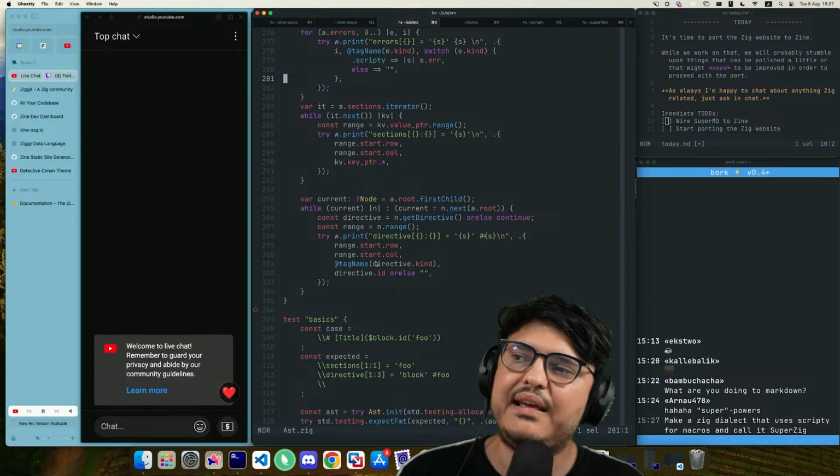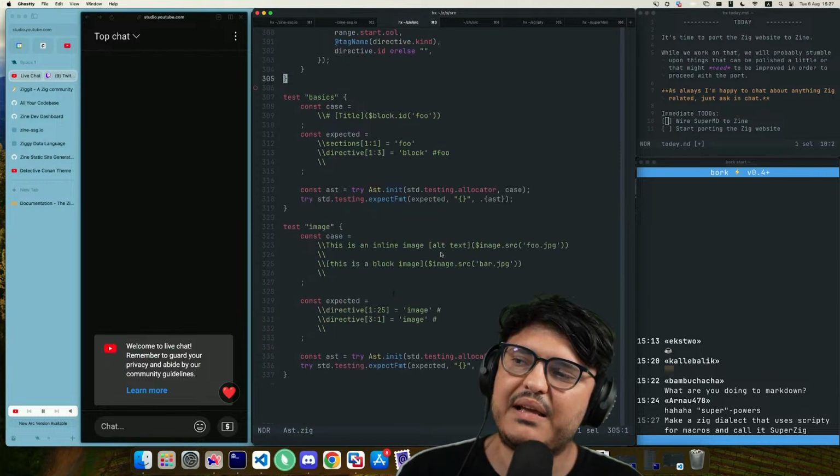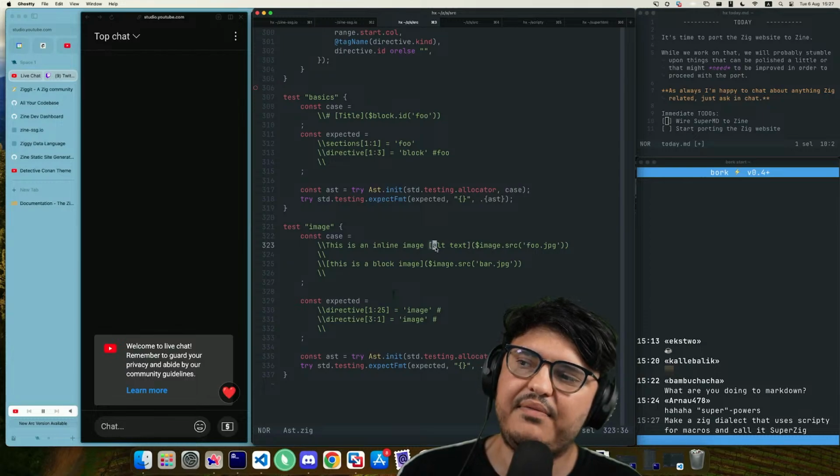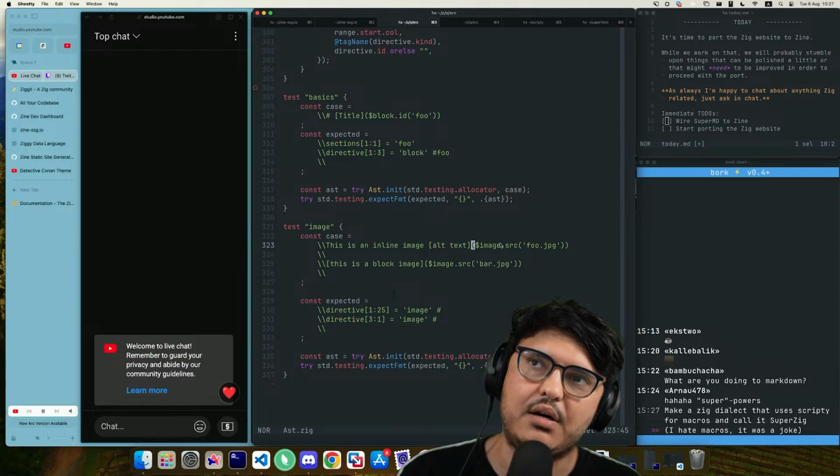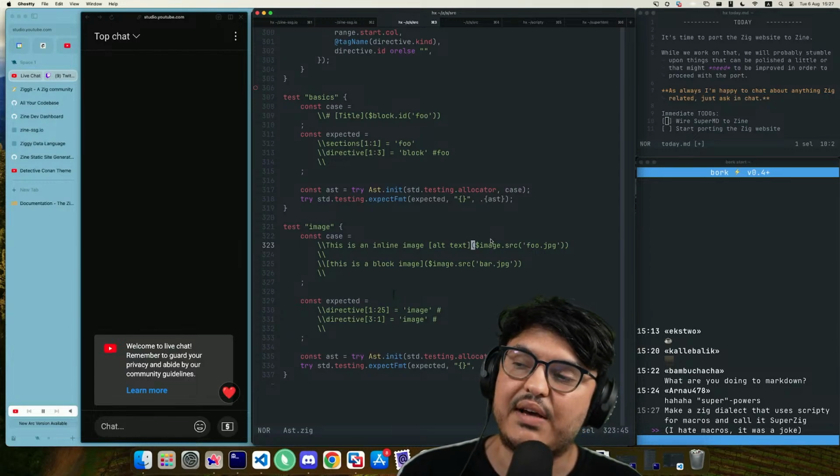Also, the thing is, you can make something super if you have a nice, simplified way of integrating with the language. HTML is easy to integrate with because it has attributes. It's an AST in and of itself. Markdown is a little more complicated, but you still have the link thing that you can hijack.